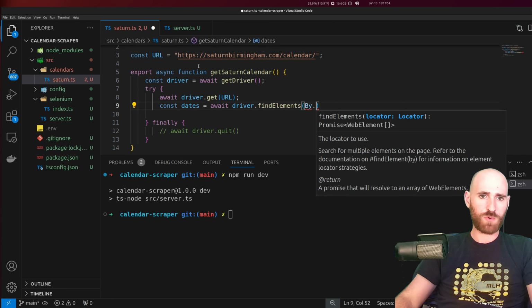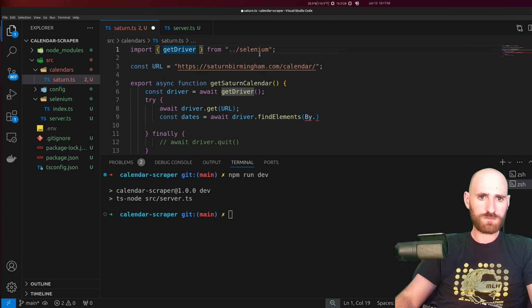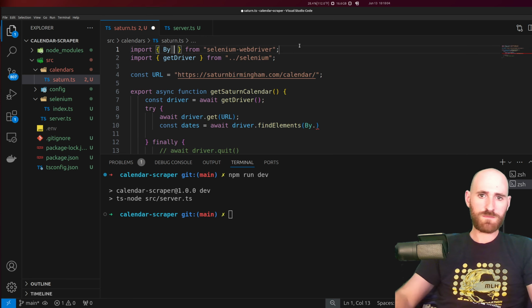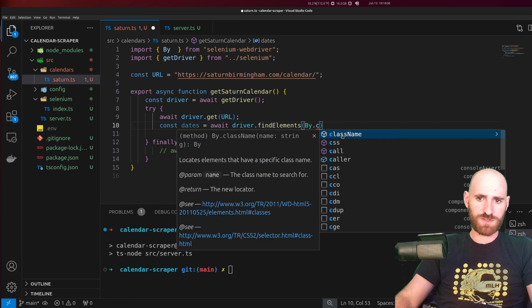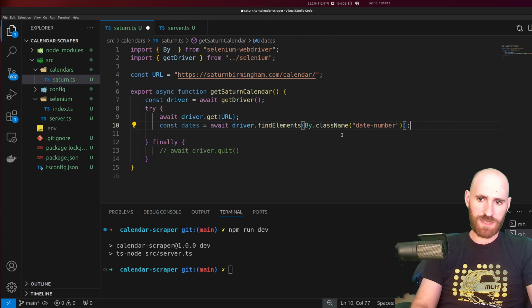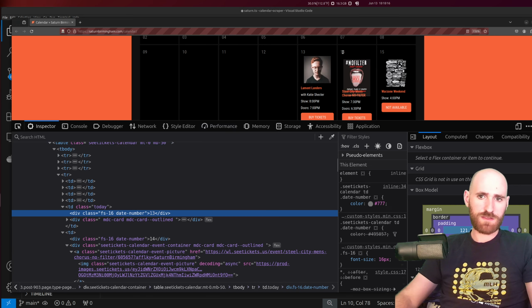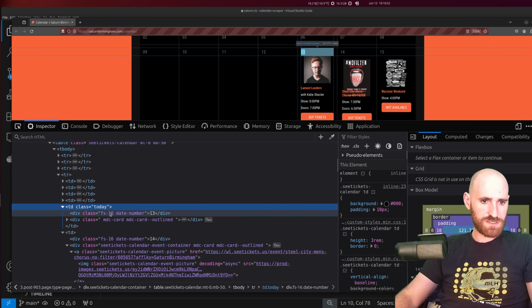So I need to import their By selector and say how we're identifying it. So for us, we're going to do By class name, passing that in as a string. So we're going to get an array of elements back. And what we need to do is actually map over those and